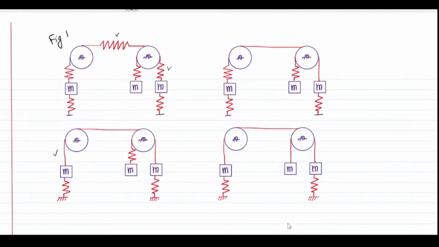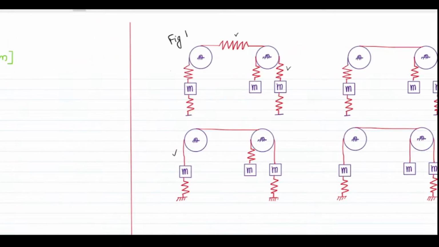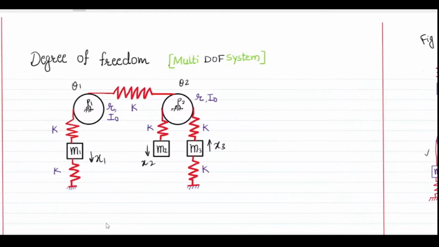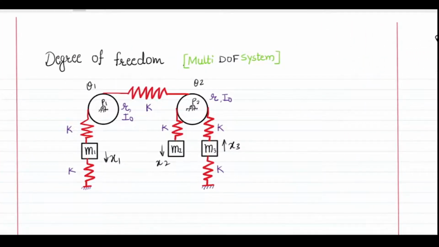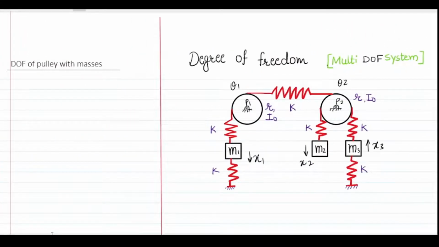So how do we find the degree of freedom of these four different systems? In the first part, we will first understand the concept so that we can find the degree of freedom of this system. We'll start with something very basic: a simple mass connected with one spring, and I am allowing the mass to move only in the horizontal direction. So what would be the degree of freedom of this system?